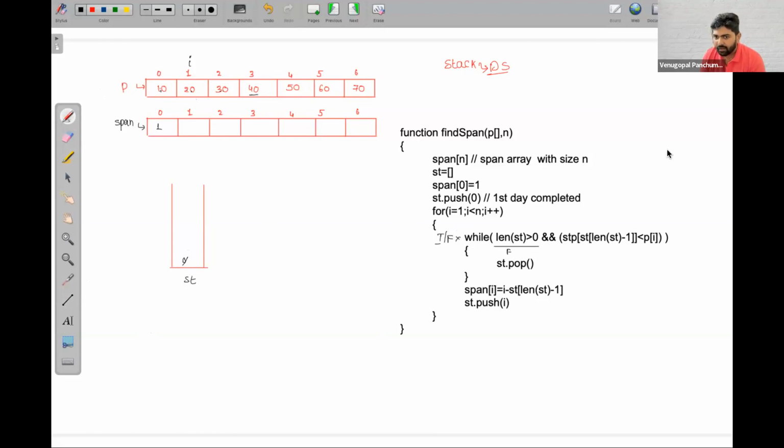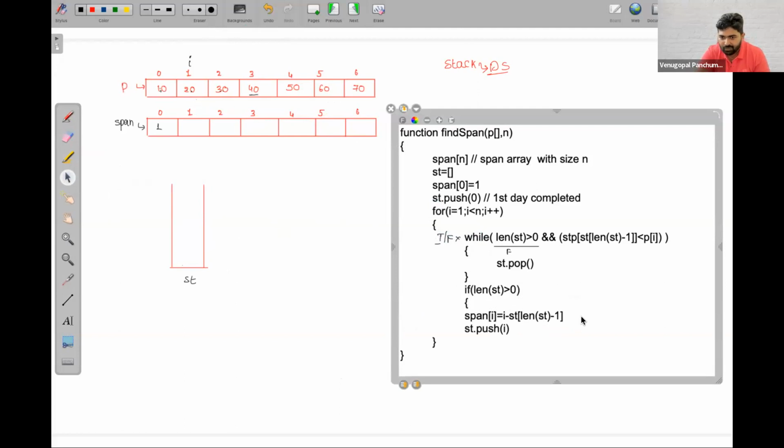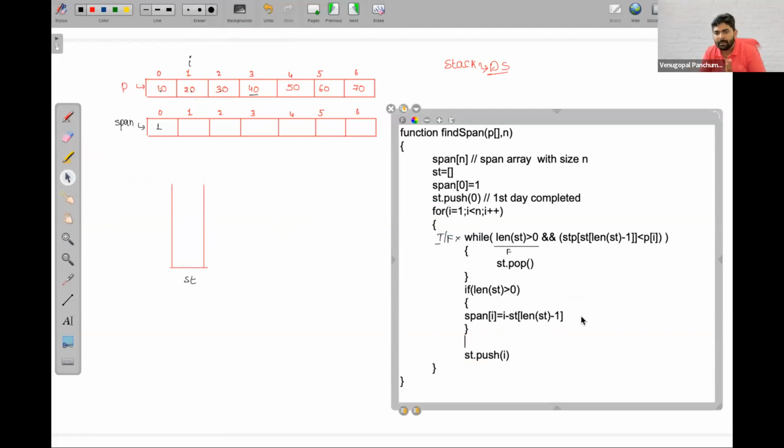Okay. Now there is also a problem here. What is the problem? I minus st of length of st minus 1. Length of st will be 0. 0 minus 1 will be minus 1. What is present there? Nothing. You are taking the difference with the topmost element, but the moment you deleted all the elements, you are still taking that element. If the stack is not empty, then this is correct. This condition is true, that is, if length of st is greater than 0, then this is true, friends. But what if the stack is empty? Else